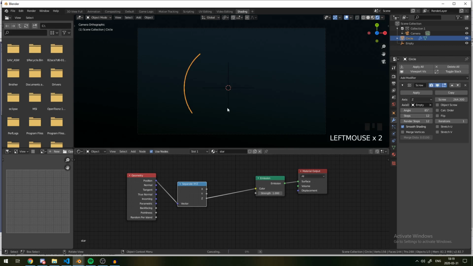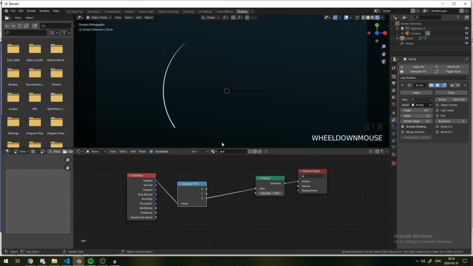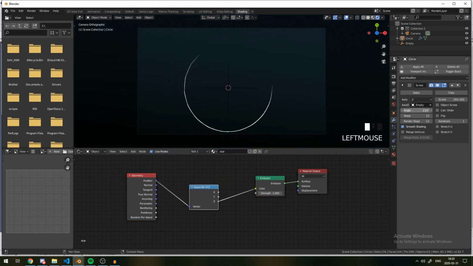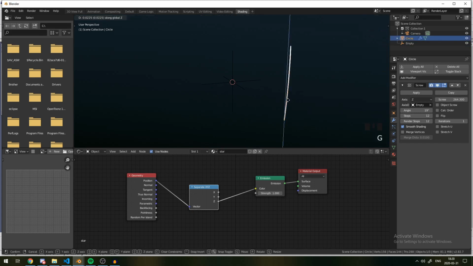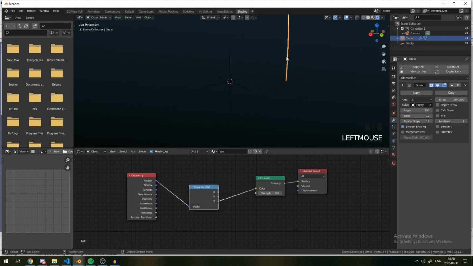So you can already see this having an effect. You don't really need to do too much to this now. And you can see that if we turn this up, that gradient effect is kind of scaling along the axis, along the star path. And if we move it up and down, we can see that it sort of cuts off at the XY plane where Z is equal to 0. And if we move it up, the whole thing will be bright. Now we can kind of modulate this